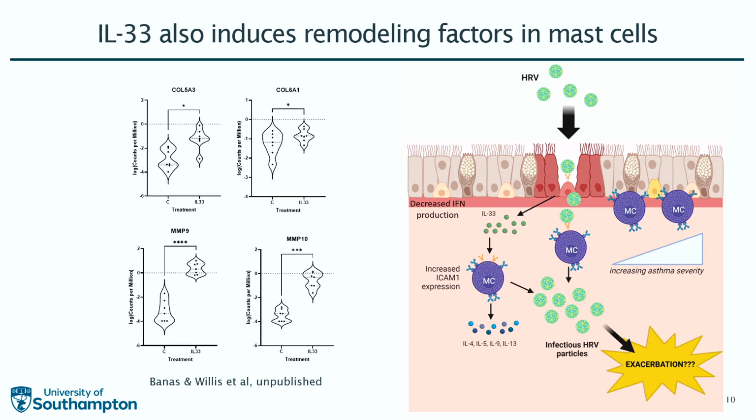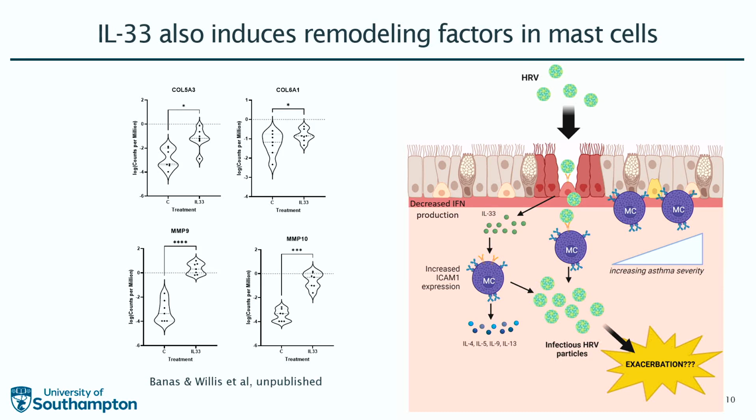virus infection. So overall, we summarize this on a slide here: following rhinovirus infection in asthmatics, which already have a deficient interferon response, there's release of IL-33 that can increase the ICAM1 expression on mast cells. That can produce more active infectious virions, and in this way mast cells may contribute to the exacerbation. So that's looking at IL-33, but it's not just in severe asthma linked to viral infections where